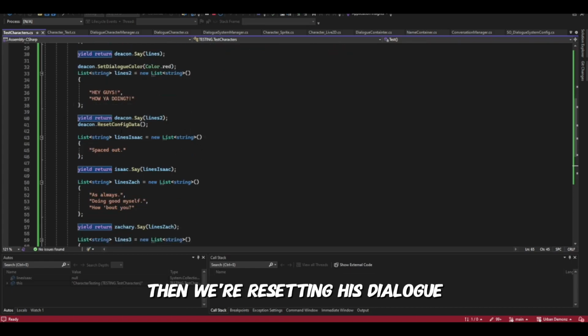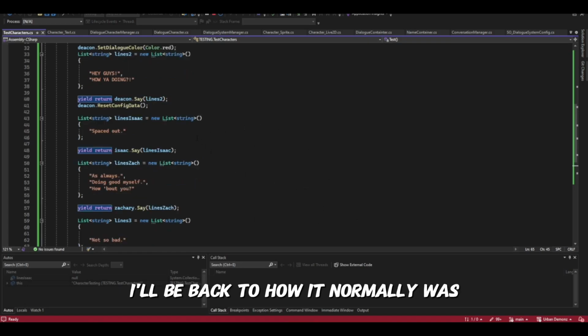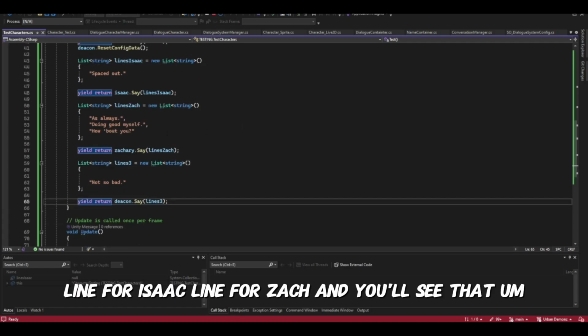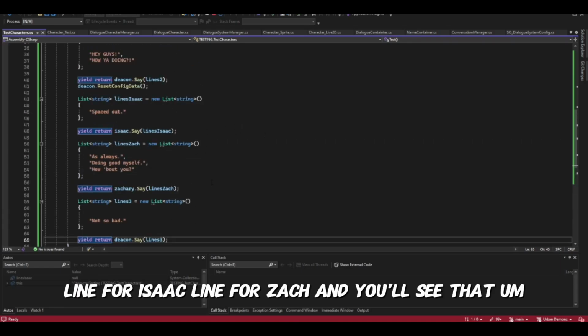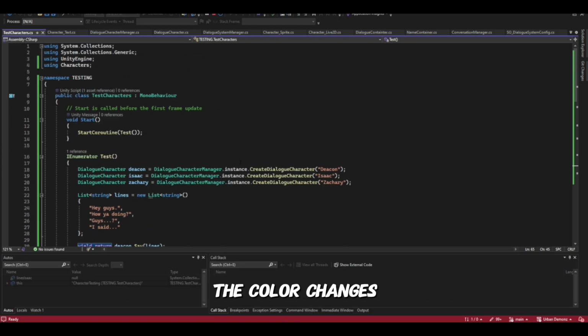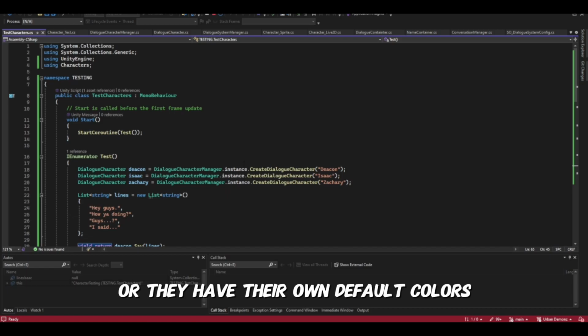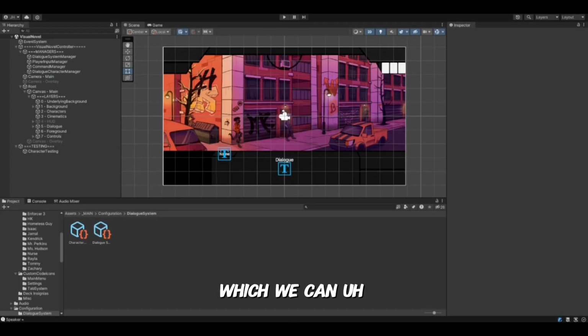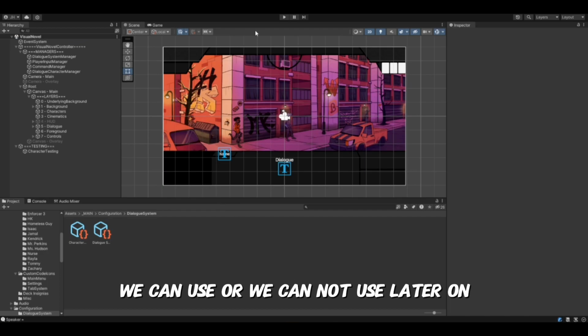Then we're resetting his dialogue so that when he says his next thing, it'll be back to how it normally was. I've got a line for Isaac, a line for Zach, and you'll see that depending on which character's talking, the color changes, or they have their own default colors and their own default fonts, which we can use or we can not use later on, but it's just nice to have the option. So